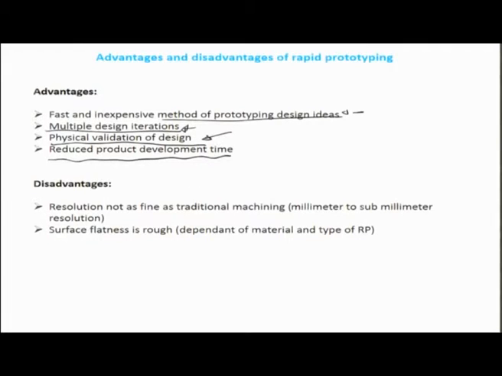There are several disadvantages also. One of the most important disadvantages is the resolution. It's not as fine as the traditional machining process. Traditional machining typically goes to millimeters or even sub-millimeter domain resolution. Rapid prototyping may not be able to give this much kind of a surface finish, but there is a way out. You can think of a hybrid strategy where you add and remove, and that may lead to a reasonable